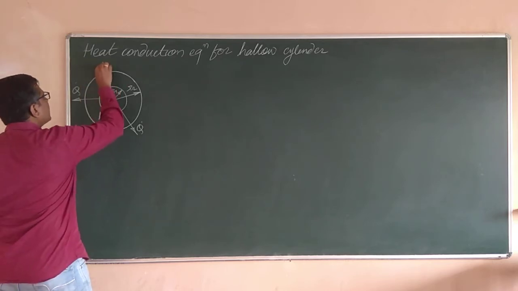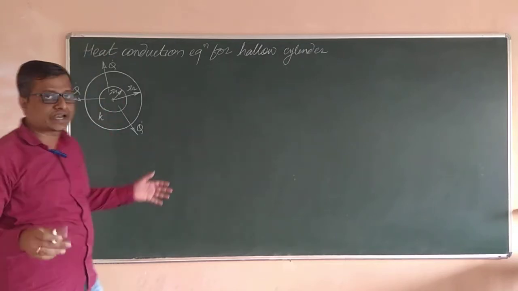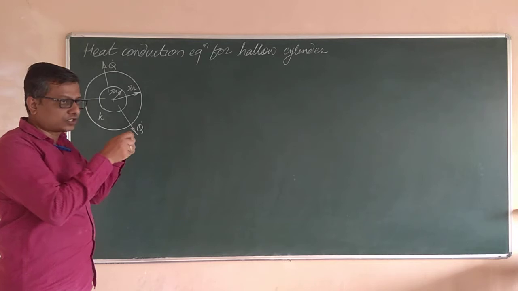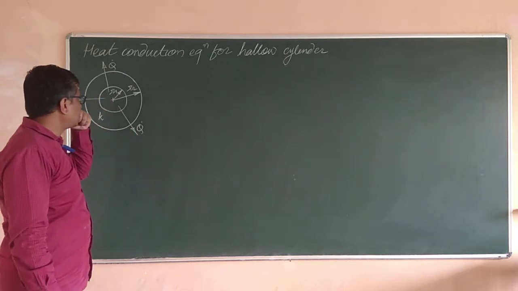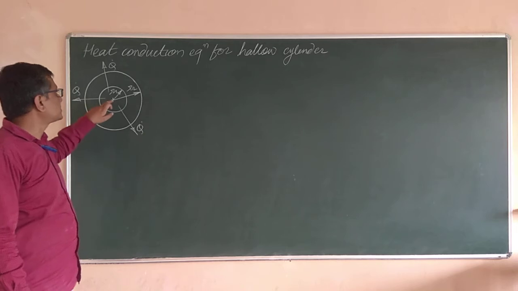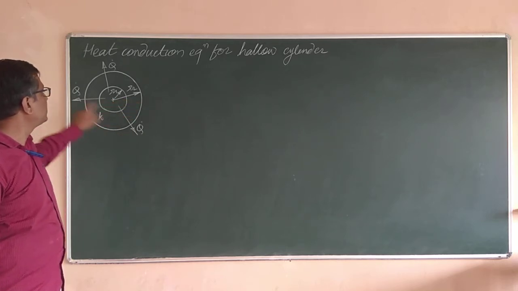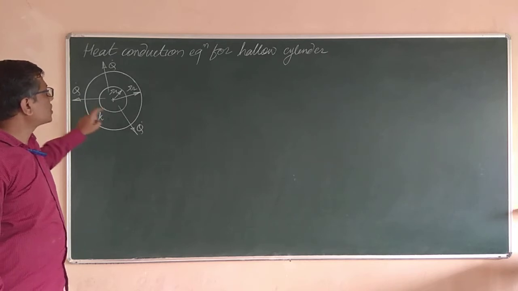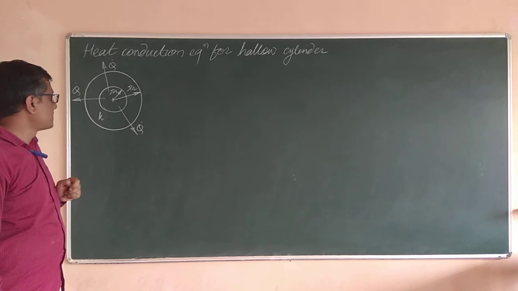The temperature gradient exists only in the radial direction. There is no temperature gradient in the axial direction. I mean, temperature is almost constant across every line parallel to the axis of this pipe. So no temperature gradient in other directions, and the heat transfer will exist only in the radial direction, right? Now, let us talk about the heat conduction equation through this hollow cylinder.